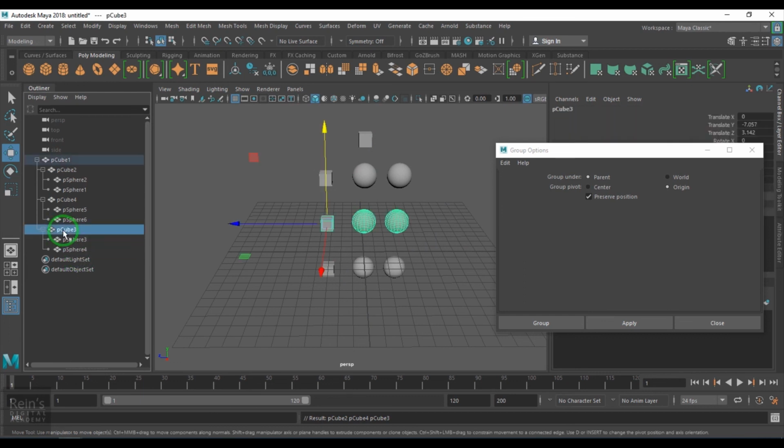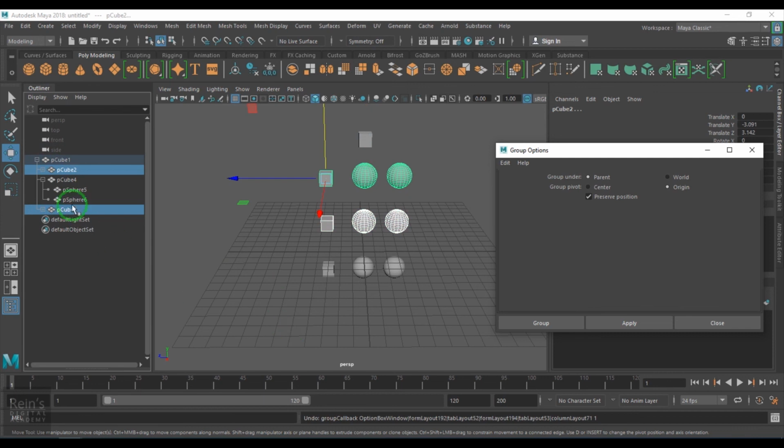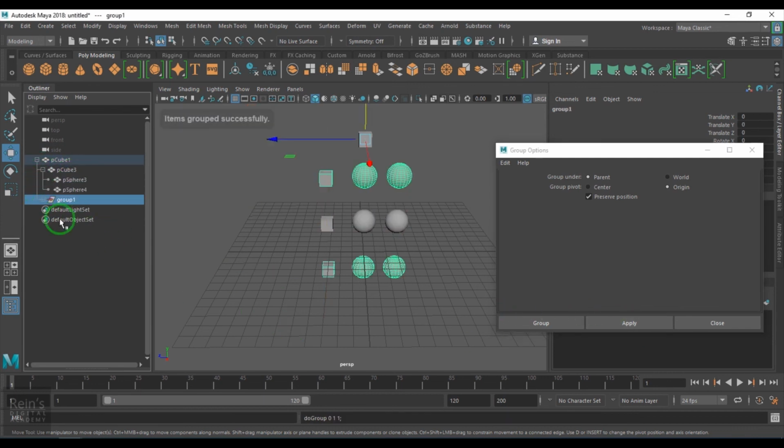So when you select different objects in the hierarchy and then group them, its placement is again affected. You see, it is under the parent object only. Now earlier it was like this, you should see again it's in the parent.